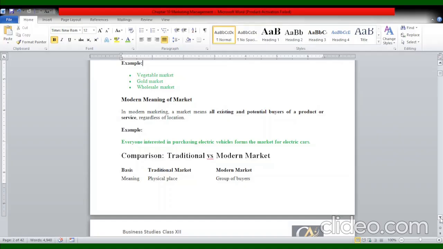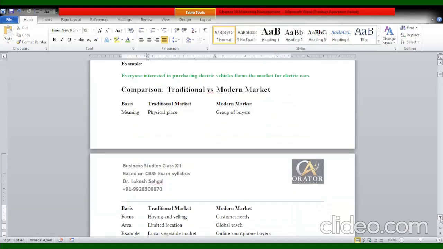So this is the modern situation of the market. The modern market will help you to get existing or potential buyers of a product and service from all over the platform. Marketing is not confined to a shop. The customer will reach or approach your shop. They can call you, they can book a demo, they can book an appointment, they can order online and offline. So everywhere you have generated a market, and through the market you can get your product at your doorstep. So there is a very good differentiation between the traditional and modern market.